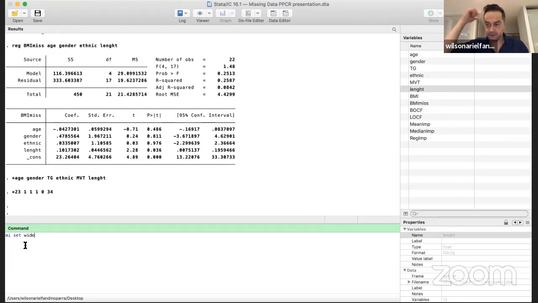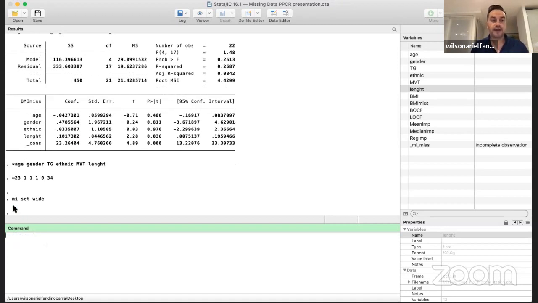that we saw a few weeks ago as well. But it is my personal preference to use the wide, but you can use the long form as well. Okay. Anyway, so mi, which is multiple imputation, set and give me a wide format. Okay. So the second step would be